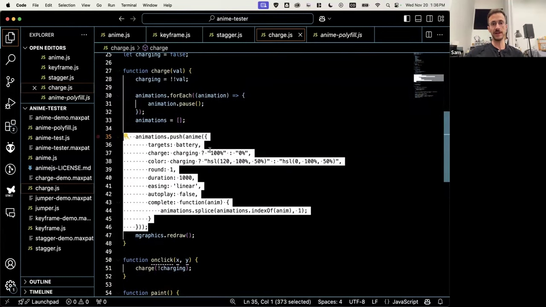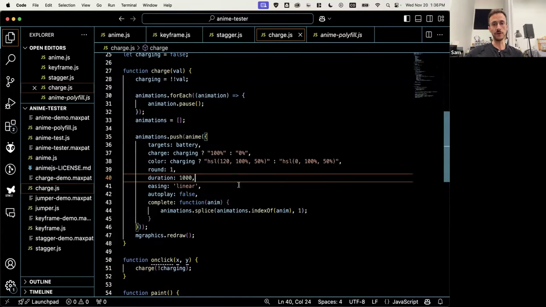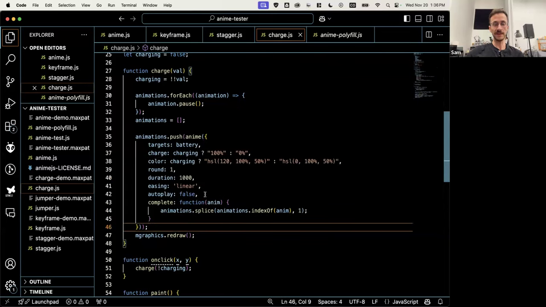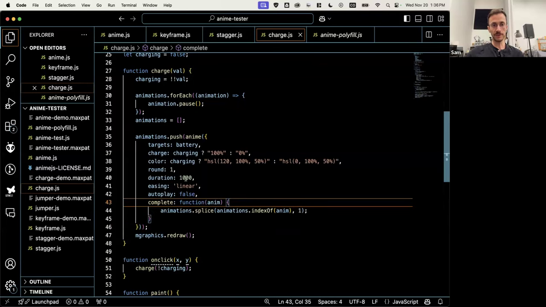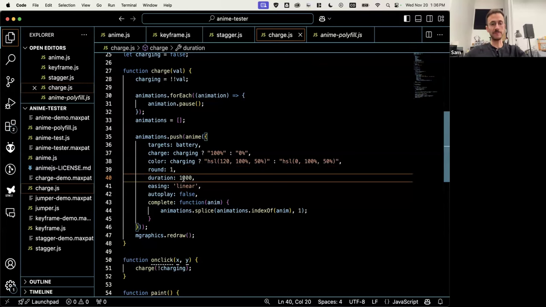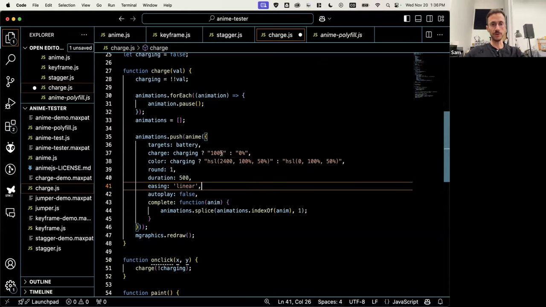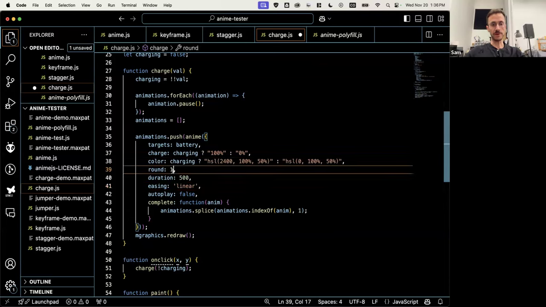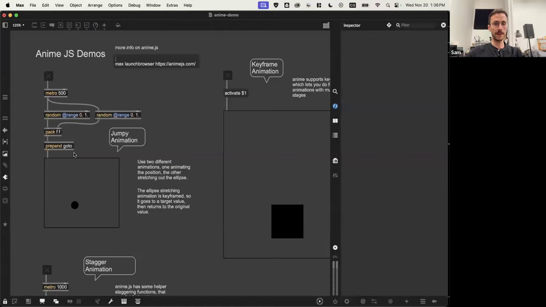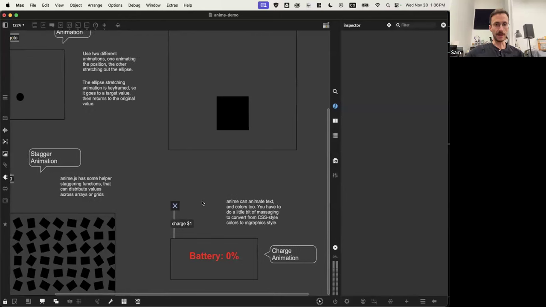And then this is the kind of cool stuff you get to do. So you can animate any of these properties really easily. So for example, right now it's taking a second and there's a linear easing, but we could say, let's make it take half a second. Instead of animating to green, let's animate right the way through to blue. And instead of rounding to 1 decimal place, let's round to 2 decimal places. And then this should